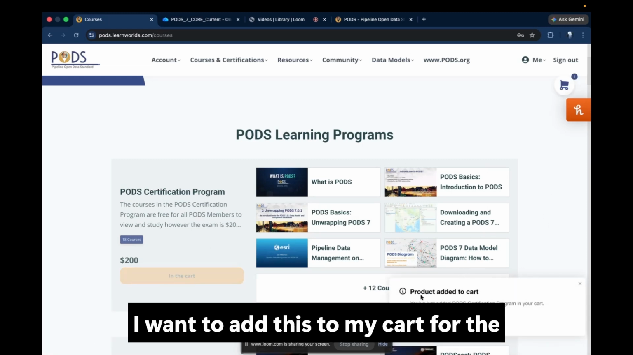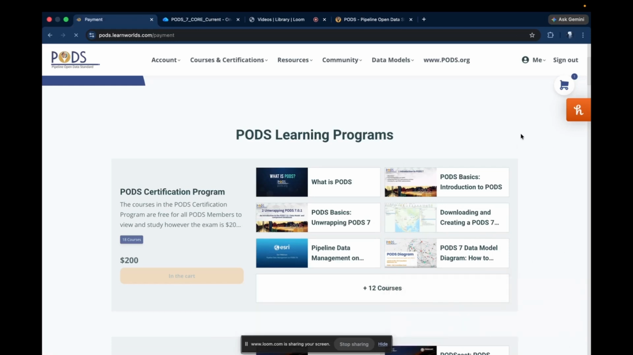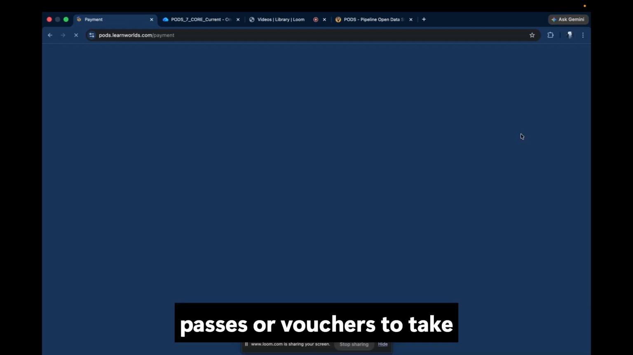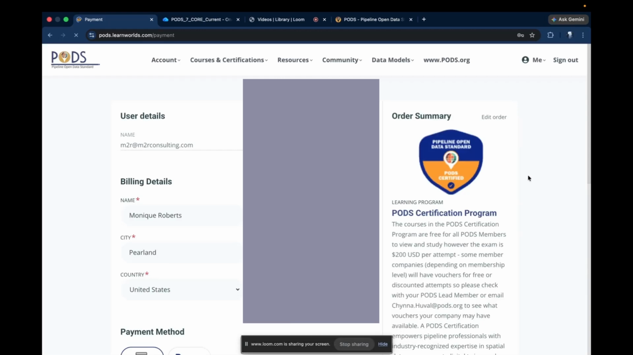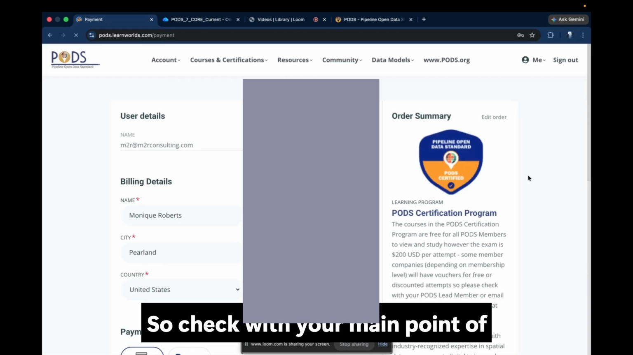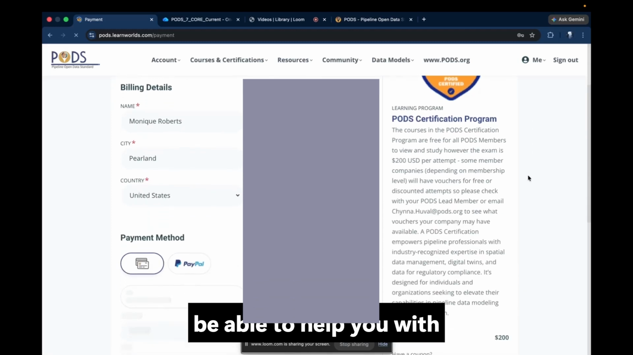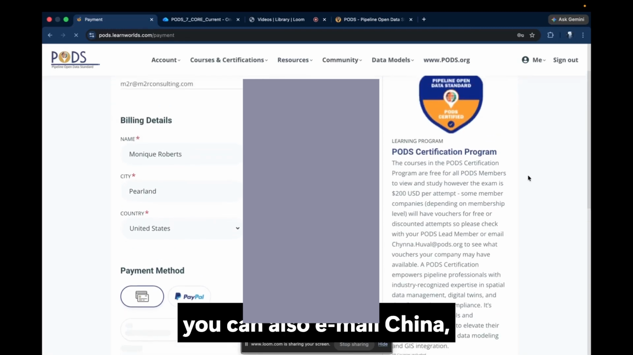So I want to add this to my cart for the PODS certification, and I'm going to go to checkout. Okay, so a lot of our member companies have free passes or vouchers to take this PODS certification. So check with your main point of contact for your company, and they should be able to help you with getting your voucher. Now, you can also email China,